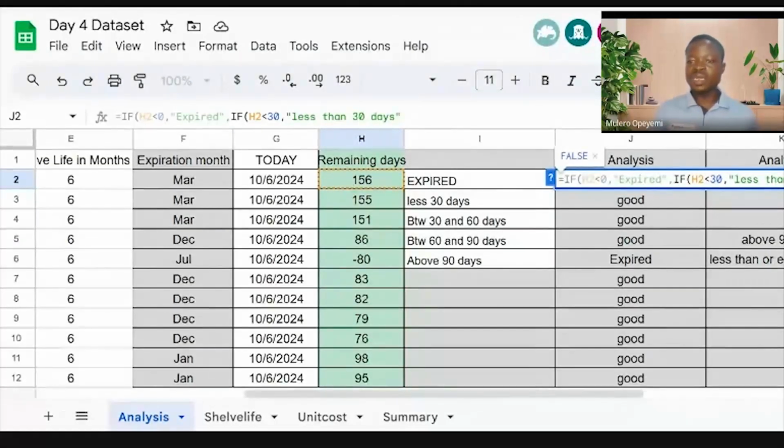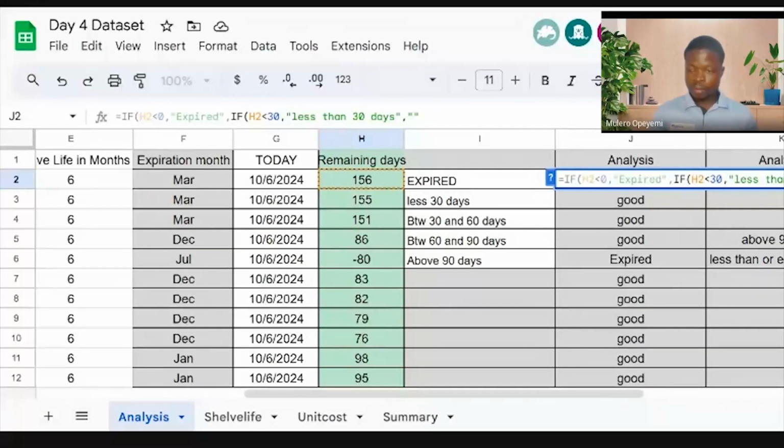But if it is greater than 30 or greater than or equal to 30, if it's not less than 30, let me end this if statement so that you see what to bring. I want us to go step by step so you'll be seeing the way it responds to all of those queries. So if it is not less than, let's say it's 30 and above, I can now say, okay, else